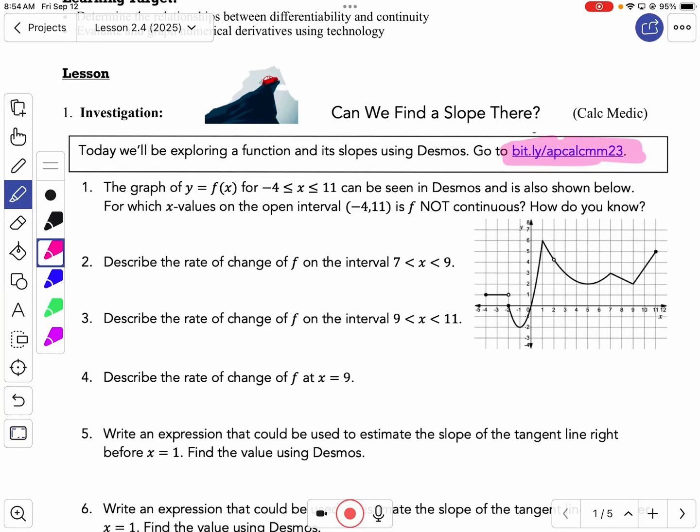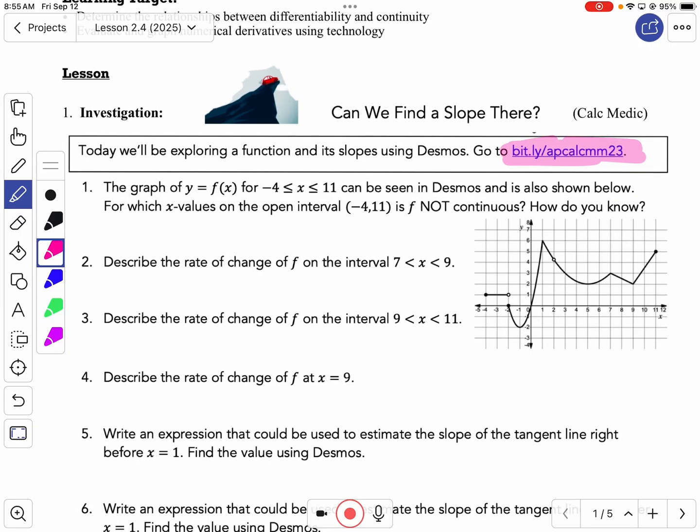So we started out by looking at this as, can we find the slope there? I think it's interesting that they put a car on the edge of a cliff up here. Okay, I'm not really sure the purpose of that, but that makes me nervous that it's a car on the edge of a cliff. So it says the graph of y equals f of x can be seen in Desmos,